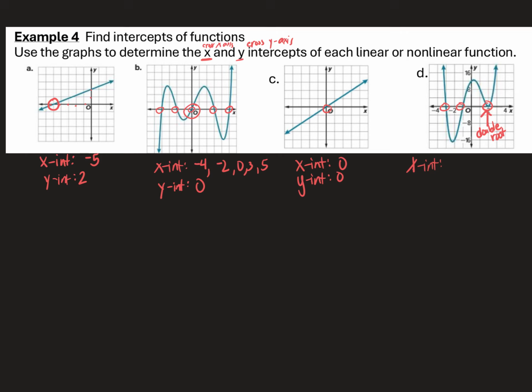So my solutions are -3, -1, and 2. It is not necessary to write that 2 twice, but I'm showing you that there are 4 roots to this particular function, and 2 of them are the number 2 because that's considered to be a double root. Then the y-intercept